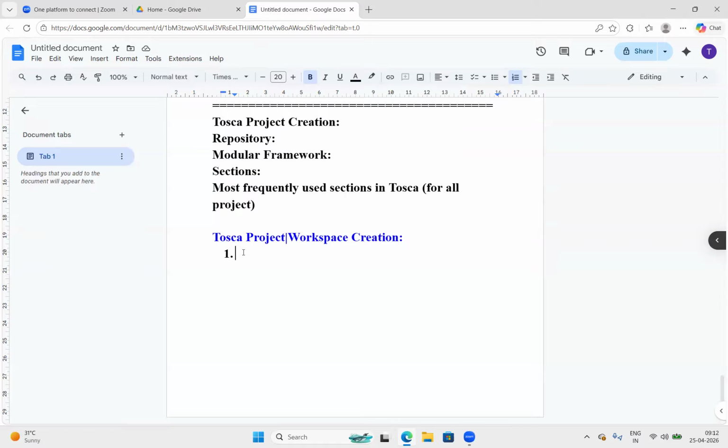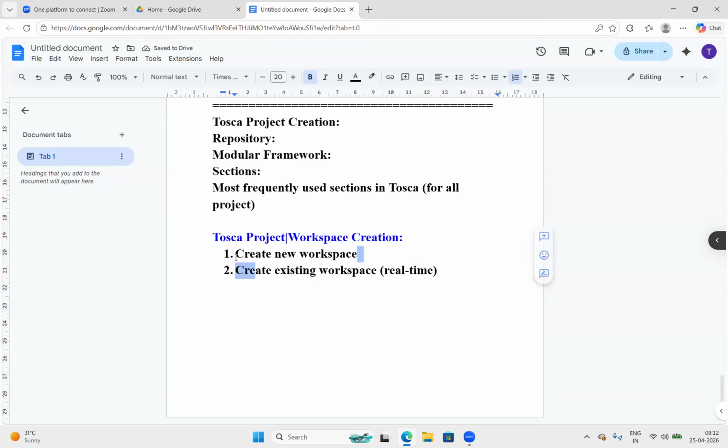Here again, two categories are there. Create a new workspace, and another one is create existing workspace. In real time, we always use the second approach only.